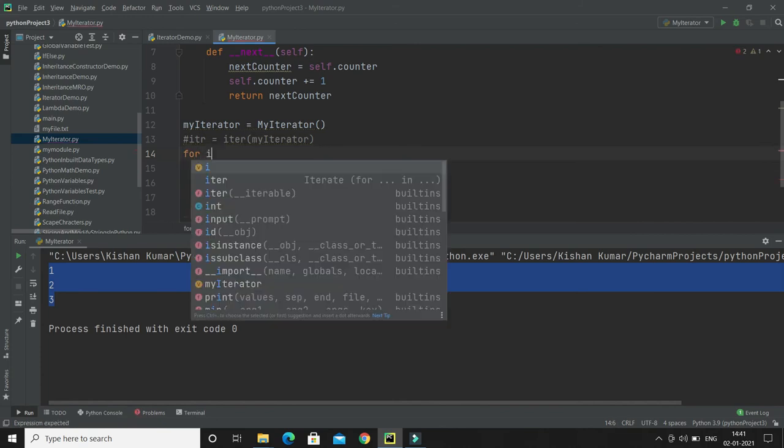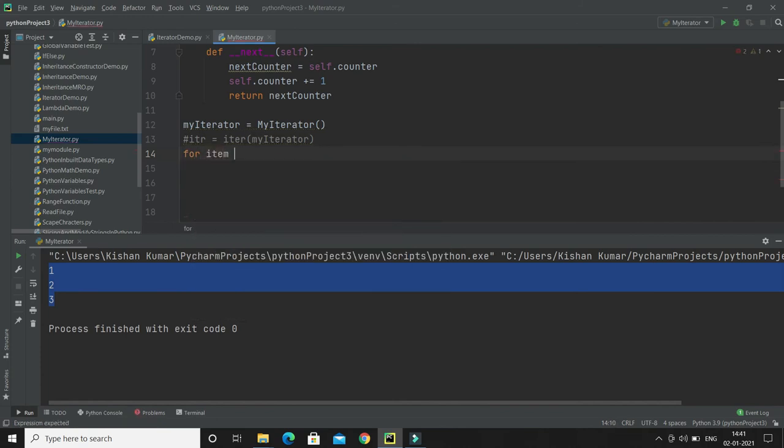I will say counter c in itr, of course. And here if I try to print c, then let's see what happens.